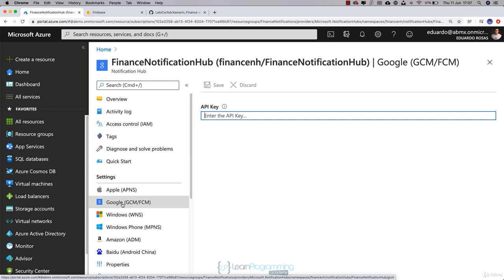And we notice that for Google, this is asking an API key that probably has to do with these things that we see over here, GCM and FCM. Now, GCM is actually Google Cloud Messaging and FCM is Firebase Cloud Messaging. And nowadays, Google Cloud Messaging actually migrated to be Firebase Cloud Messaging. So what we actually have to do is navigate over to